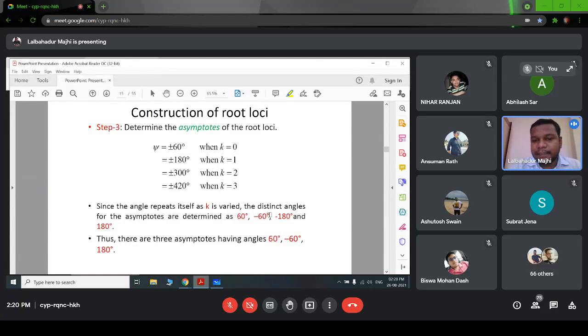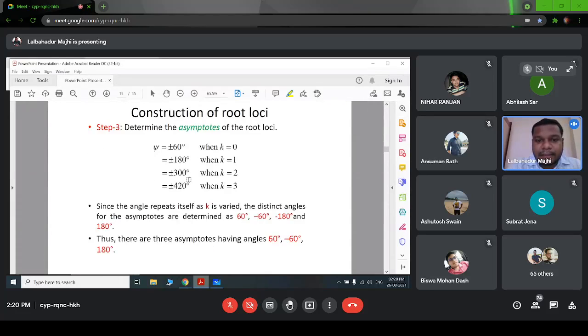So we can see this angle. We can take the positive only, because if we go on increasing the value of k, it will come around in a circle. So only take the positive values. So let's say 60 degrees, 180 and 300. And 420 means it will be 60 degrees again, right? 360 plus 60 is 420. So we have to reduce it again. So below 360, just calculate the angle. So we have 60, 180 and 300.